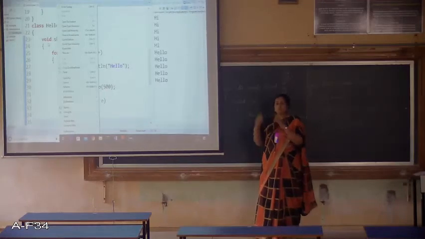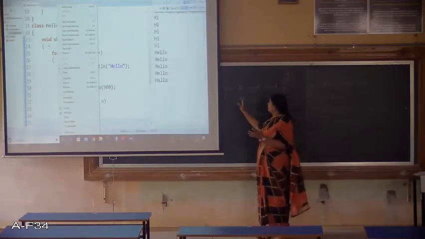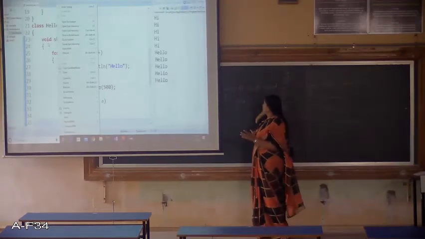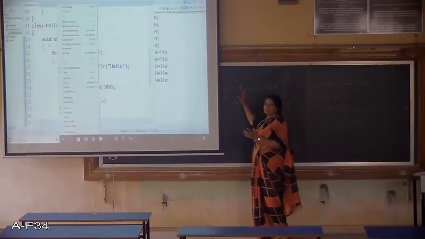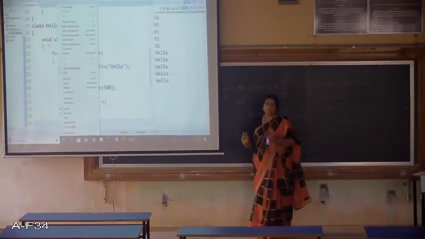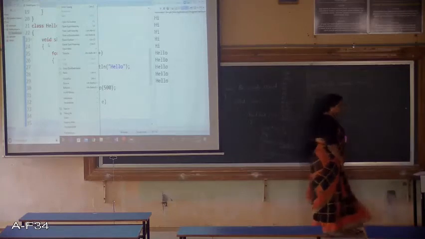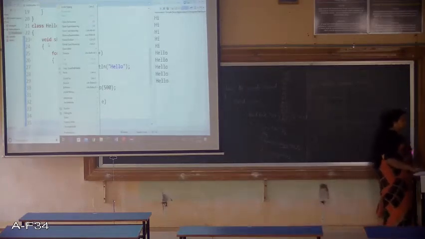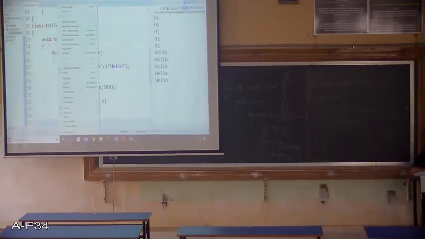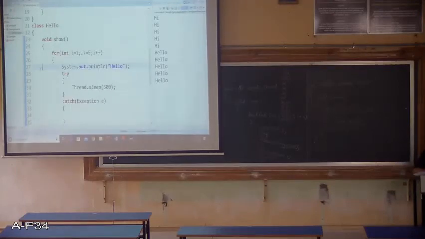To do that, we made these two threads, right? We extended the Thread class. So same thing we will do here. This has to be a thread class Hi.